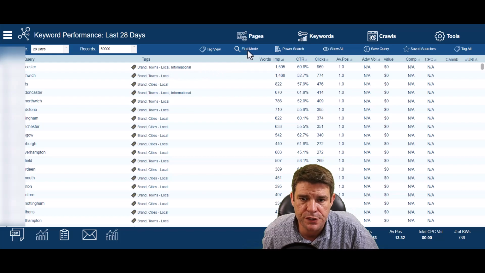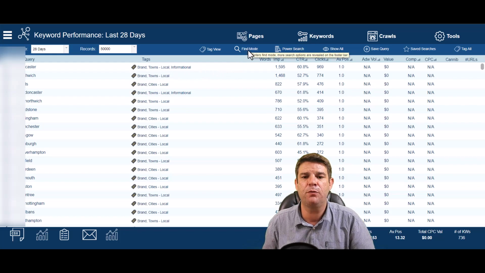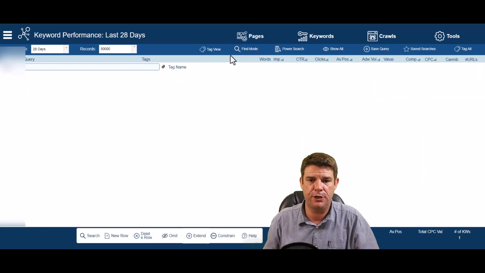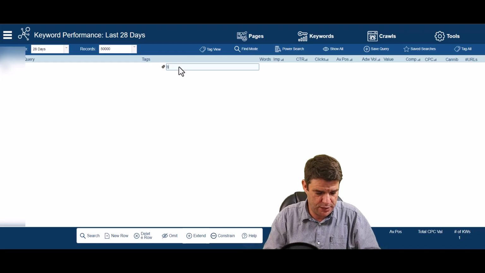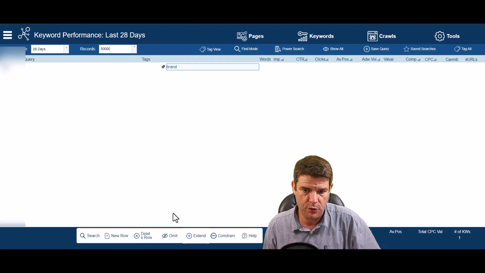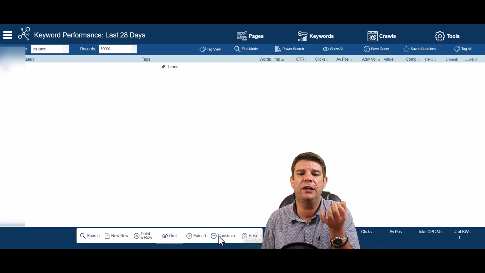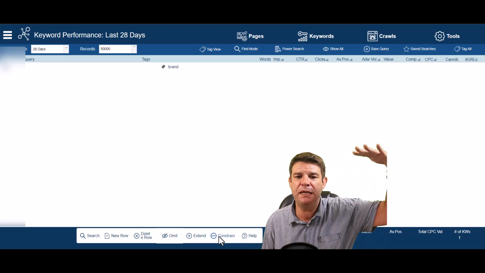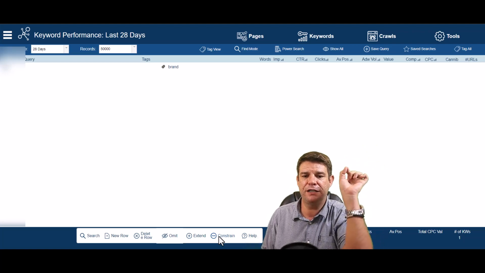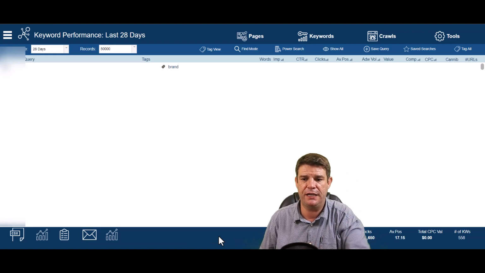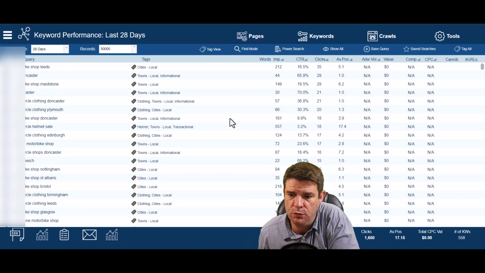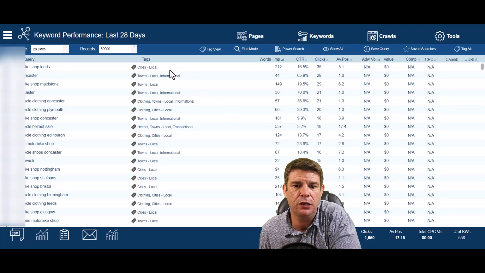So what I'm going to do is exclude all the brand keywords from this list. So I'm going to go to find mode again. I'm going to type in brand. I'm going to press omit, and then I'm going to press constrain. What that does is it's telling SERPERE that we want to omit all of the things that are brand and constrain this found set. So we're now down to just the 558 local keywords that do not contain a brand